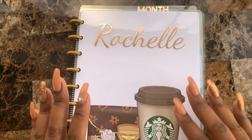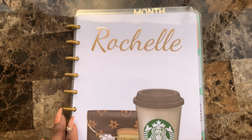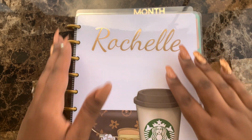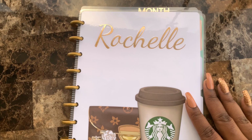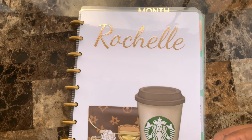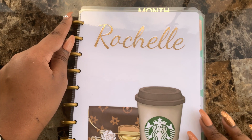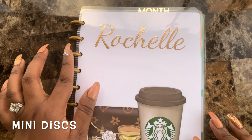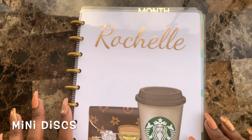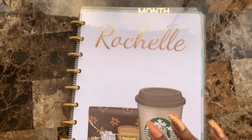Okay, so I am back, and check out my new dashboard that I am doubling as a cover for my budget. I have really decreased the size of my budget binder because I felt like it was too many papers. It was too heavy to be lugging around. And so now I've gone from the classic size happy planner with the regular size rings to these, the size beneath the size that comes with the classic happy planner. So it's pretty teeny. In fact, I have it here